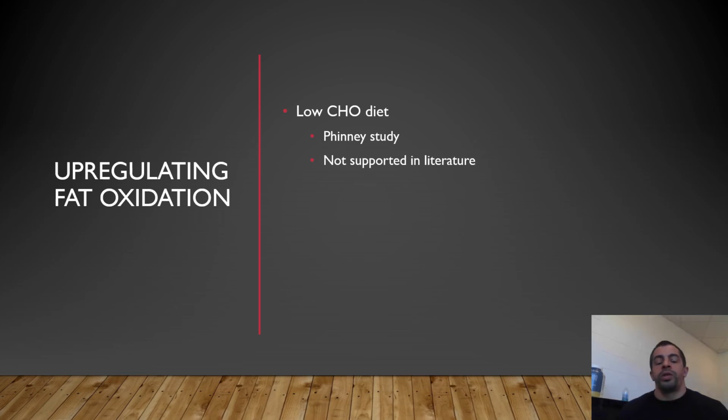So the book finally then starts to talk about how can we upregulate our fat oxidation. One way we upregulate our fat oxidation is through very low carbohydrate diets. If we're glycogen depleted, we really only have one other energy source, and it has to come from fat. As a coach or as a practitioner, the question would be, is this a practical guideline for endurance athletes? And this has kind of been a debate over the last 30, 40 years,